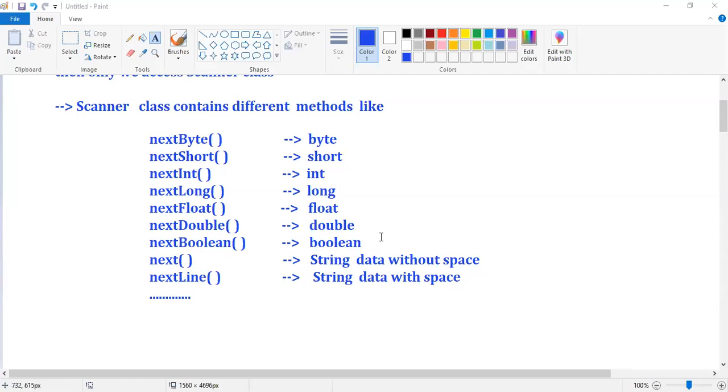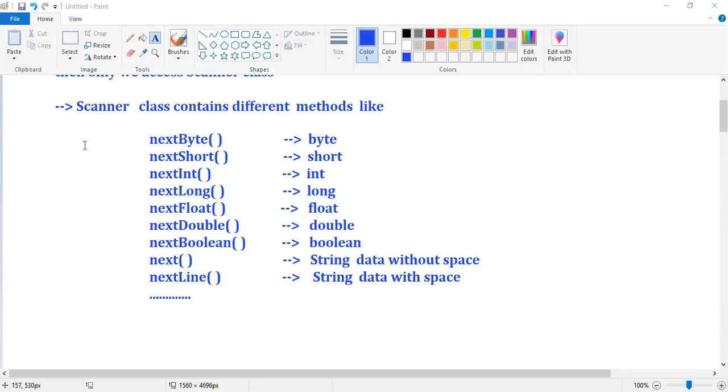If your requirement is single character data, we don't have any method in the Scanner class. Remember everyone, if your requirement is single character data, we don't have any method. So then how to read single character data? That is your task.